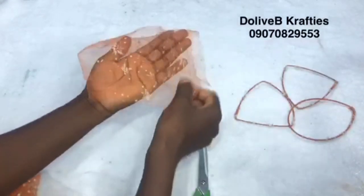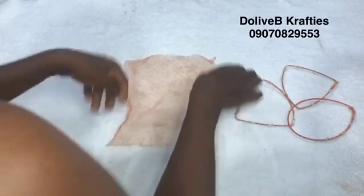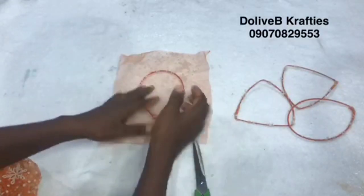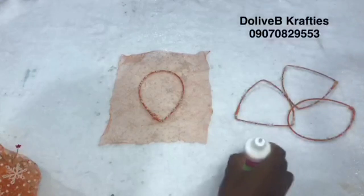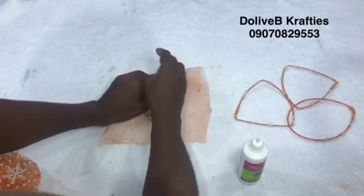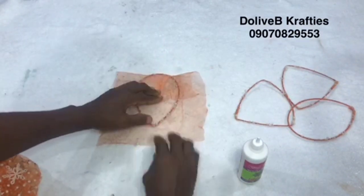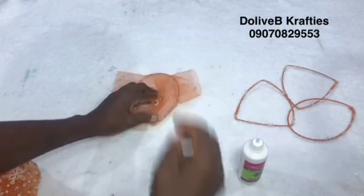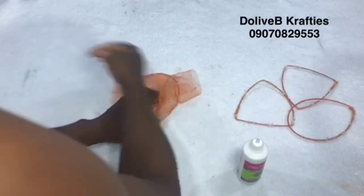Okay, now this is the right side of the net, facing down. And this is our wire. Place it on top of it with the right side facing down, while the wrong side is facing up. Now I'm going to start taking my net over it like this, and I'll use my office pins to hold them down